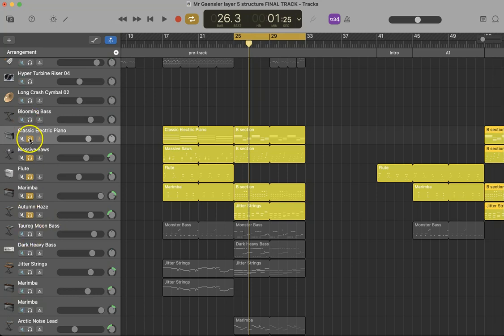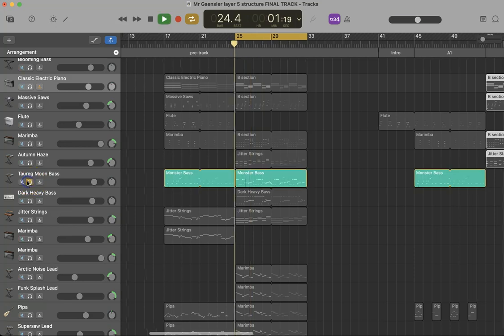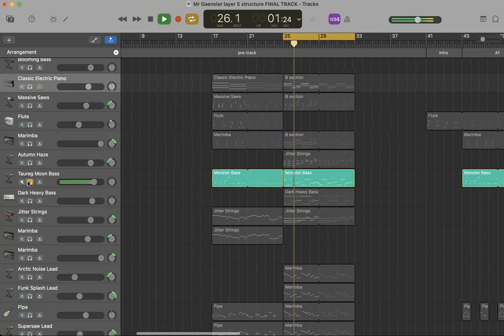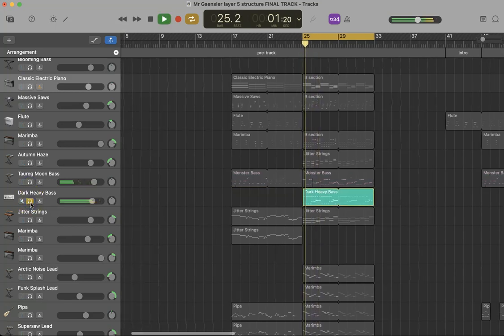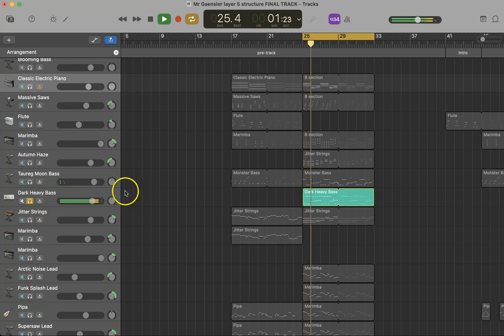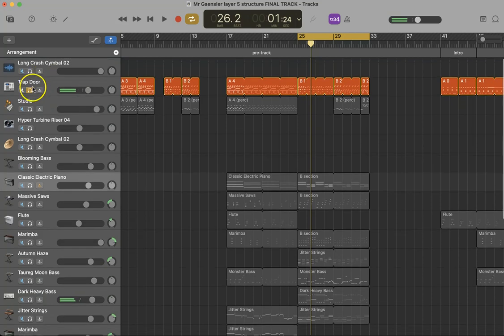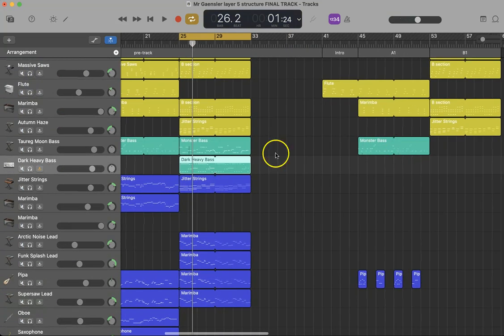I've got a few different basses here. I'll just put my drums on so we can hear it in context. Here's one bass. Let's try this one. Yeah, that's the one I want. So again, I will grab the one called Dark Heavy Bass and use the Option key or Command C